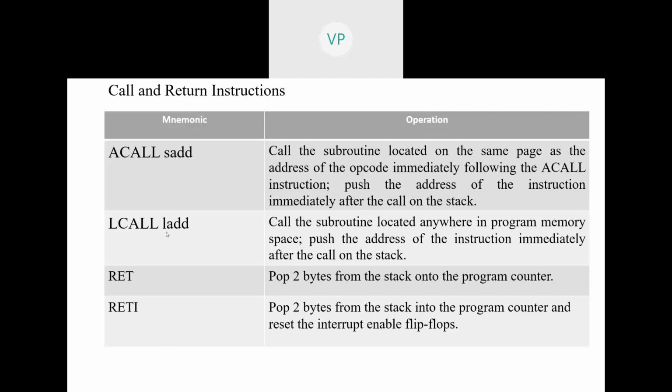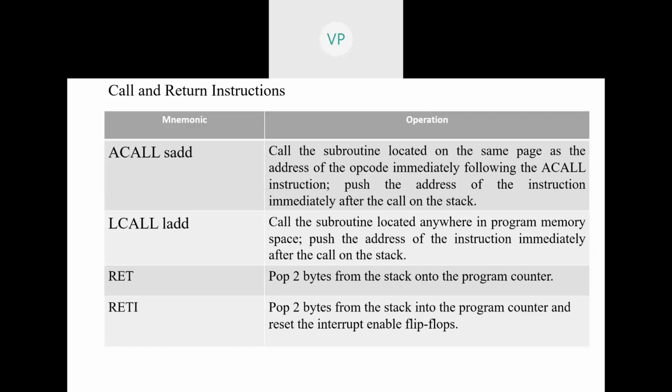What is L address here? Large absolute range. What is large absolute range? You know the range for that. It is nothing but the entire program memory. How much is the program memory we have? 64 kilobytes here. It can access a subroutine anywhere stored within the 64 kilobytes of program memory. It will jump to the subroutine, execute it, and come back to the original program there, right?